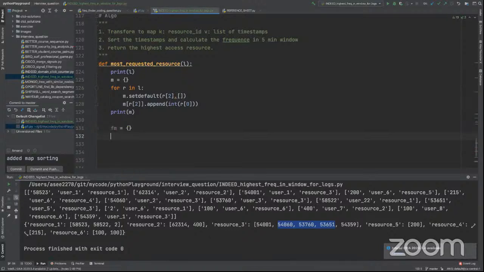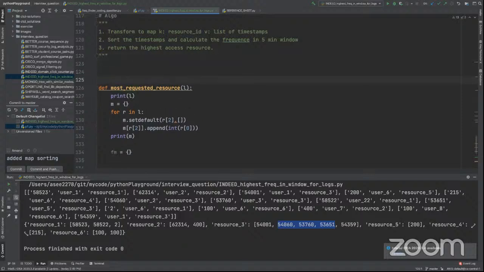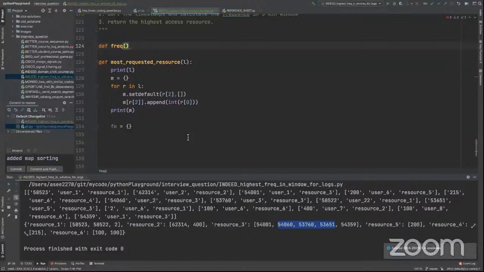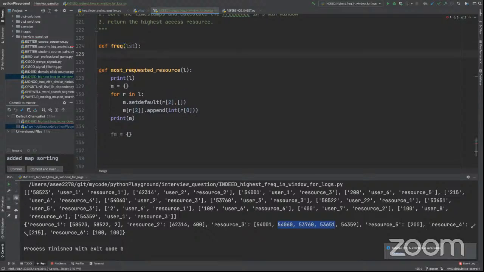Once we have that, now we have to split the function. Otherwise, this function is going to become confusing. So we will calculate frequency. We will make a function called frequency, and this would accept any list. Now the job of this function is it would calculate, first it would sort, actually that's not required. So first it would